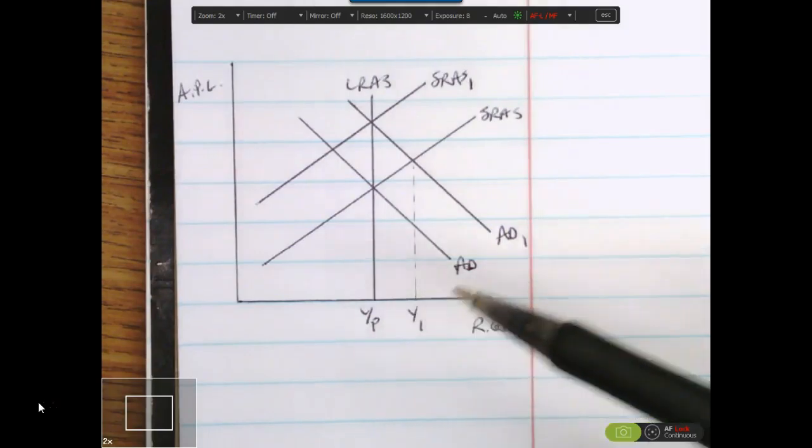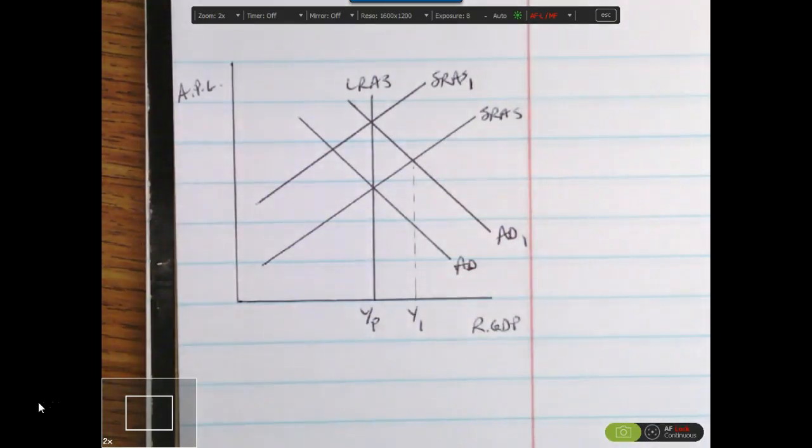So if the government were to attempt to increase the economy by boosting or stimulating aggregate demand one time only, then we would see no change in aggregate output in the long run, just simply an increase in the price level. The only way to keep the economy from adjusting back to its original potential is if the government were to continue to stimulate the economy and continue to push aggregate demand to the right.